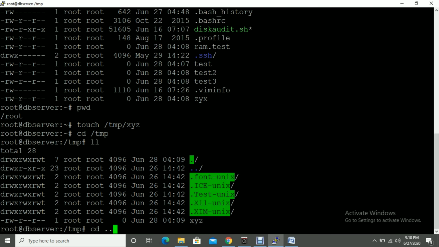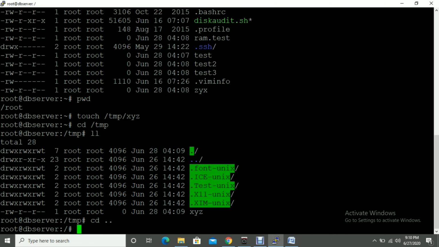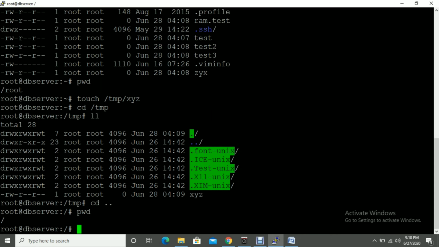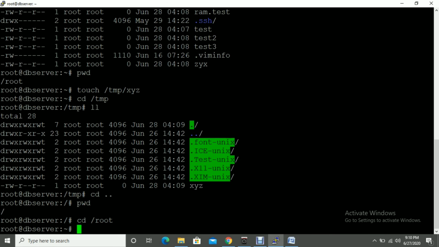If you're not going to a particular directory and you work in the present directory, and from there itself you want to create a file in a different directory, you can give the path like this: touch, directory name and then your file name. Again I'm in the root home directory, so let me go to root first.